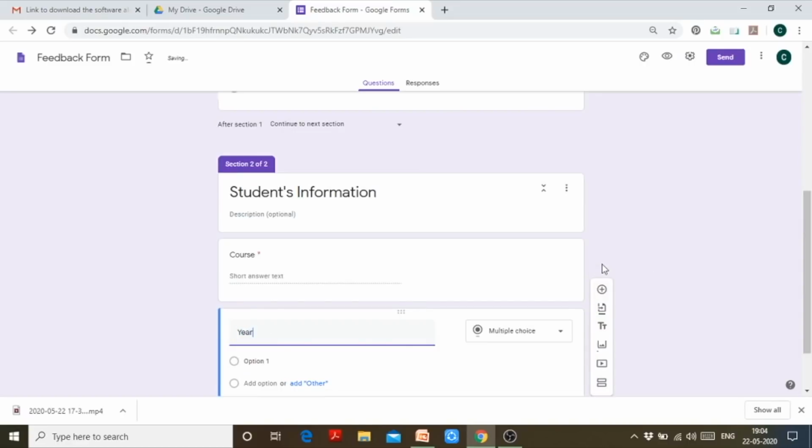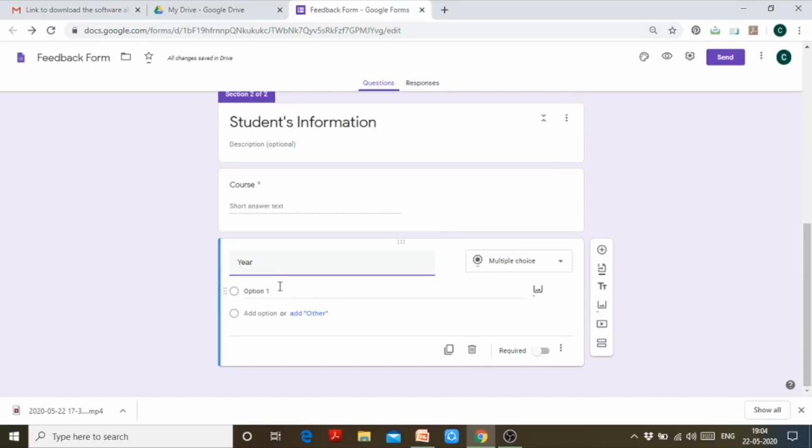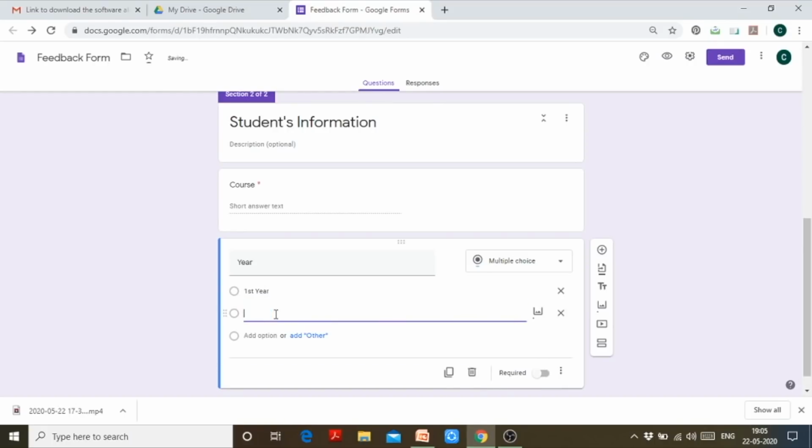Another thing I can ask them is year, right? For year, obviously I can create multiple choices. Why? Because year can be limited. If it's a student, then the maximum year the person can have is 4 or 5 years. If the person is doing a 4-year undergraduate course, the maximum is fourth year.